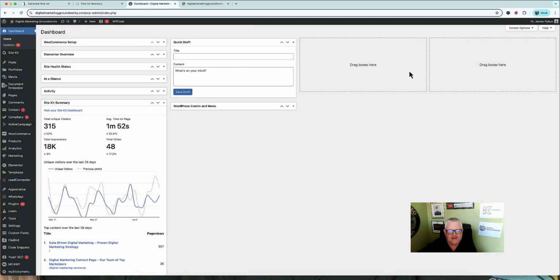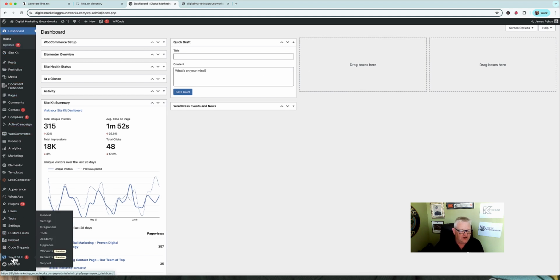So what is an llms.txt? It's very similar to a robots.txt that you would put on your website, except this is geared more towards the AI. So if you've got a WordPress website, if you go into the back end of your website and you're using Yoast, if you go down to the Yoast plugin on the left hand side right at the bottom and then go to settings,